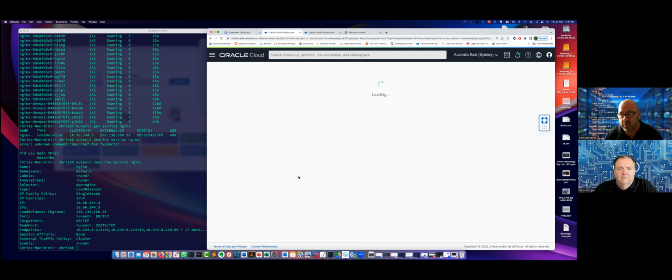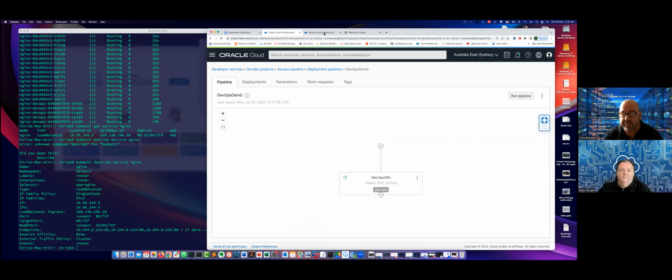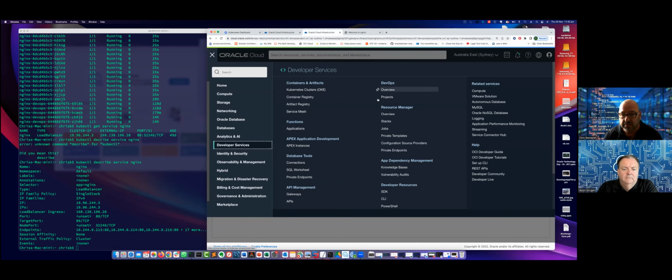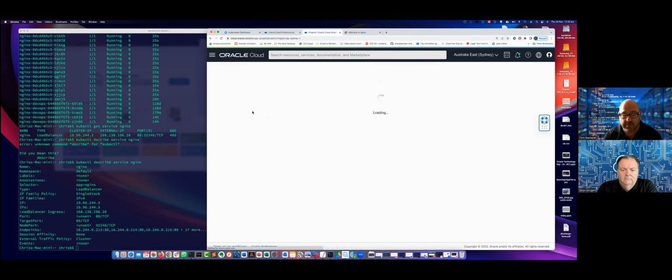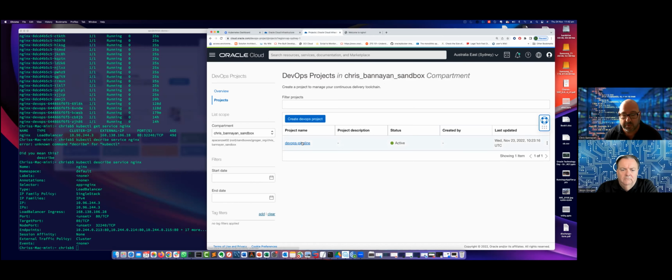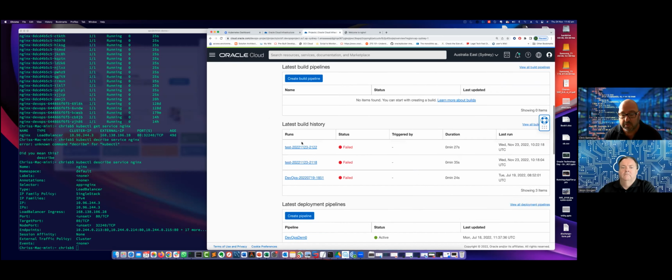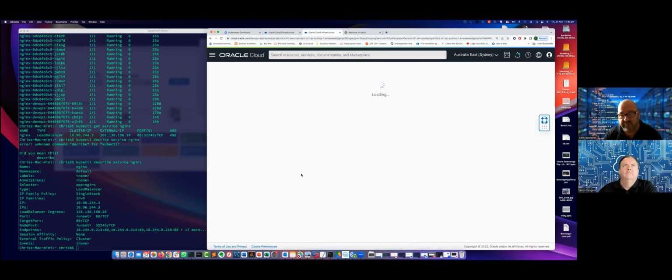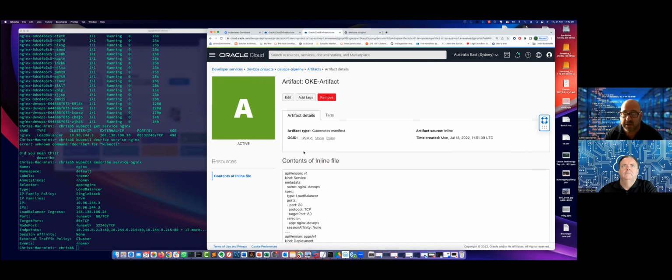The deployment is using an artifact. So here's my pipeline. If I go into the artifact itself, and I'll quickly do this. Projects. There's my artifact, and the artifact can be a couple of things.